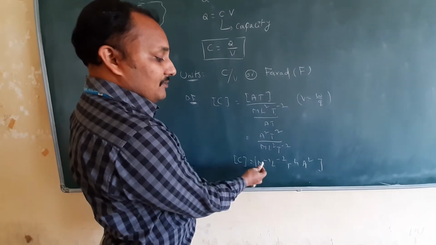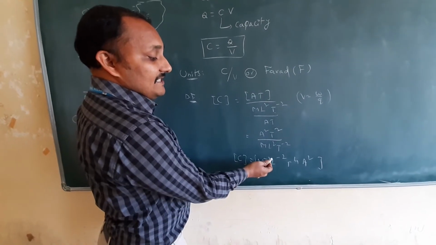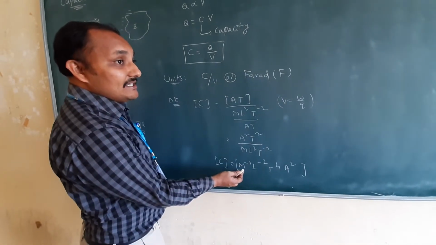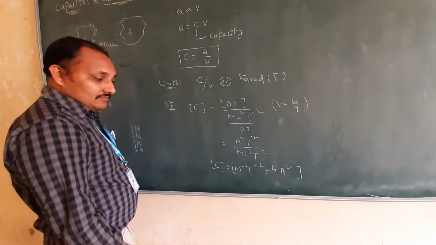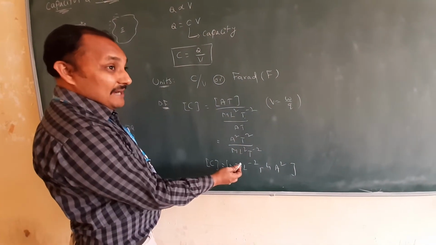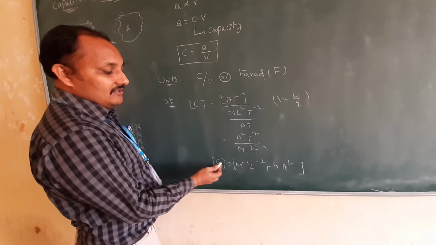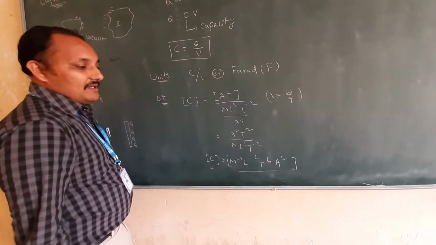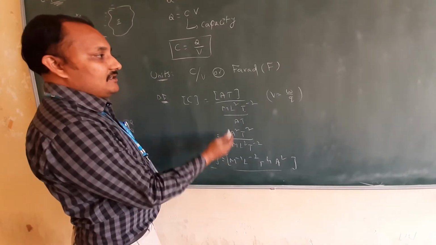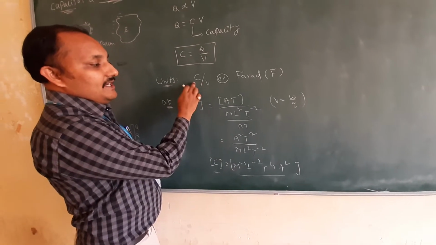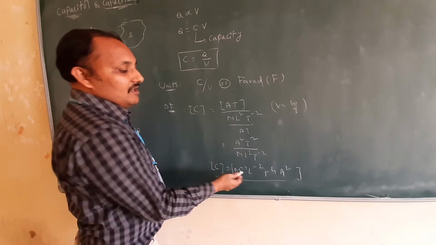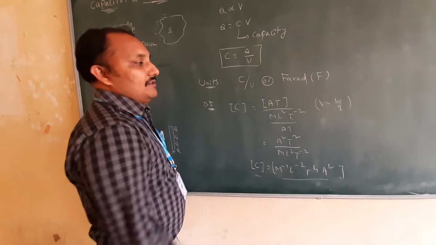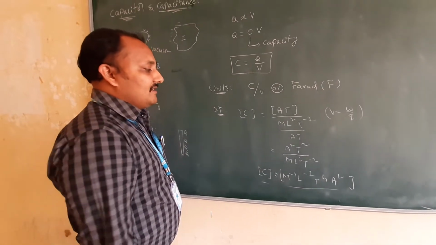So first you came to know the physical quantity which is having negative dimensions in mass: the universal gravitational constant, capital G, we will write. Same like that, this is also having negative dimensions in mass. This is the dimension formula for capacitor. If you can't remember this, you can remember the definition, that is the unit, and from that unit you can write one by one and we can get it. Don't try to remember. If you remember, well and good. If you forgot, you can do like this. This is the dimension formula for capacitor.